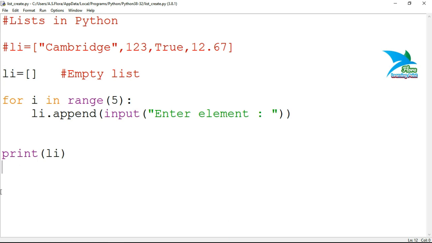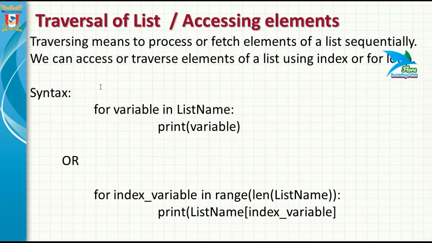So this is the way how we can create a list, initialize a list directly by assigning elements or by getting elements from user. If you want to directly create a list by assigning elements, then you can use only this line, but in this way you will be able to assign only fixed values. But if you want to change the value every time you run the program, then you have to get input from user. Then by using append function of list, you will be able to add elements one by one.